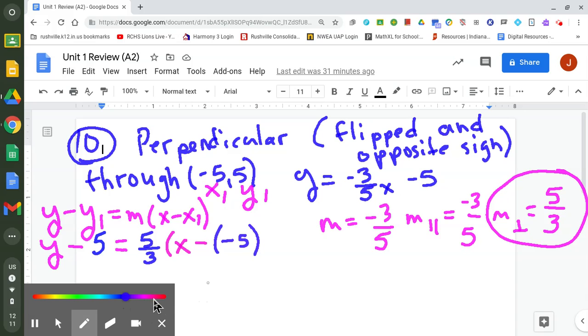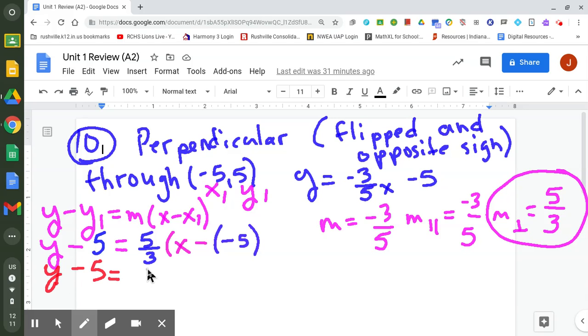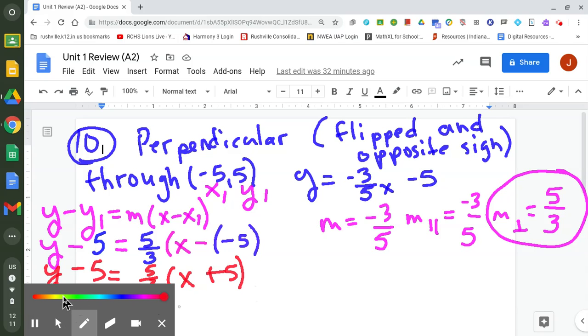So in my next line, I need to clean that up a little bit. So y minus 5 equals 5/3 x, and then I have negative minus a negative, so plus 5. And then the next line. So then to finish this one up,